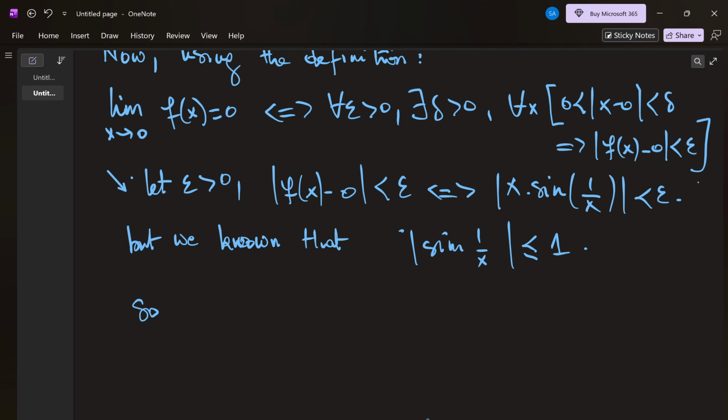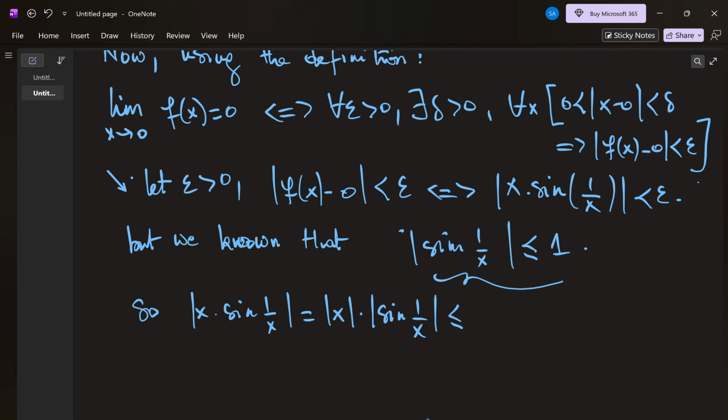So the absolute value of x times sine 1 over x is equal to the absolute value of x times the absolute value of sine 1 over x, which, using this inequality, is less than or equal to the absolute value of x. Hence, if this value, which is less than or equal to the absolute value of x, is less than epsilon,